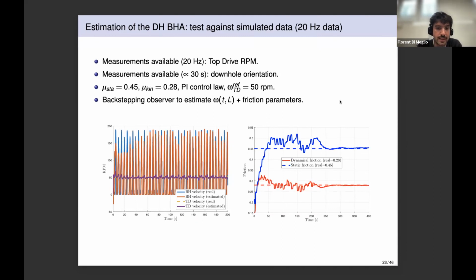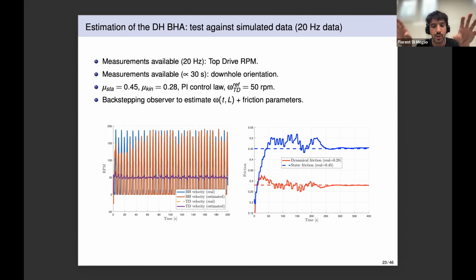One of the good things, so here on the left, this is simulated data, right? So we take a model, and then we test our observer on this model. There is a small difference between the two models, the one used for observer design and the one used for the simulation here, so the one that acts as if it were the plant. The difference is that